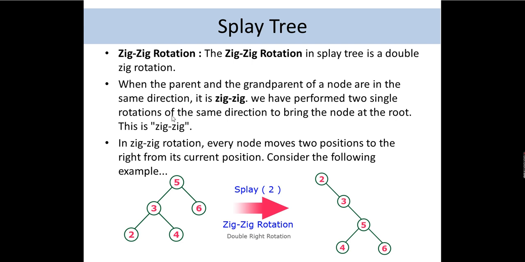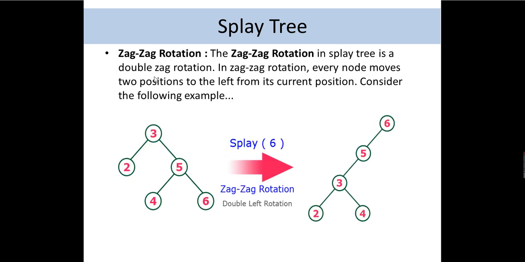Then we have a zigzag operation. A zigzag operation is one in which we move 2 positions to the right from the current position. So when I say splay 2, this element 2 has to move 2 positions right of it, right? Then only it will come at the root, right? The aim behind the splay tree is to bring the most accessed element to the top or the root of the tree. So here when I say to bring 2 as the top, we have to do the 2 right rotations, which is called a zigzag operation, and which gives you the tree in this manner.